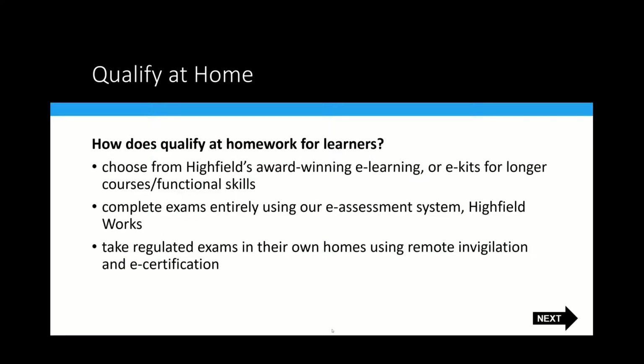Thanks a lot, Bethan. Right, just to reiterate then what I mentioned earlier. So the Qualify at Home package, you can choose which elements of this you include. So we do offer e-learning on many of our compliance ones, so things like health and safety, food safety, personal license. So we do have e-learning that covers the whole of the syllabus, so it can then be followed by